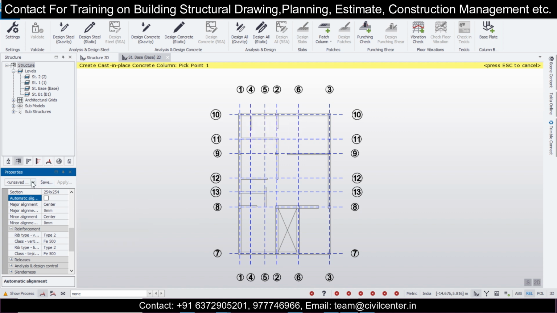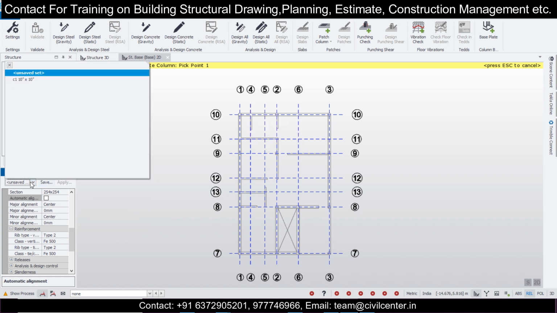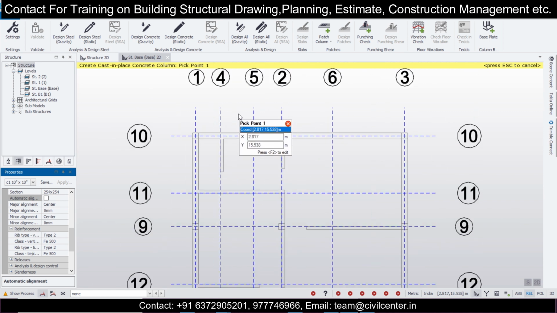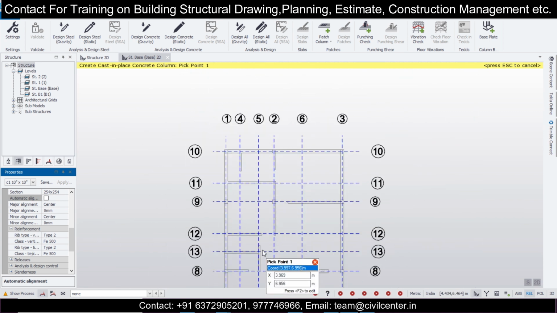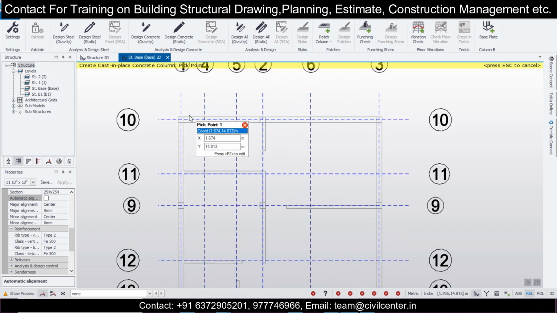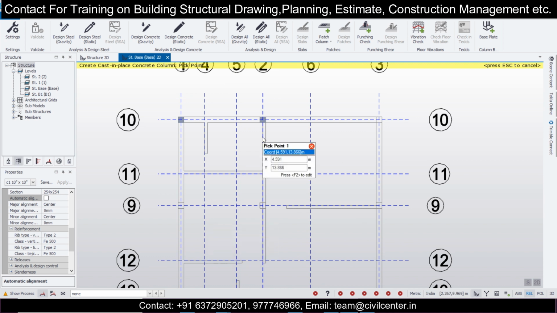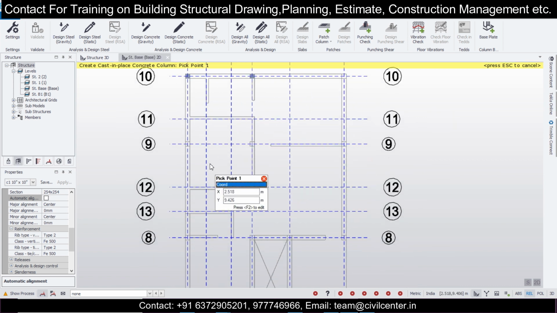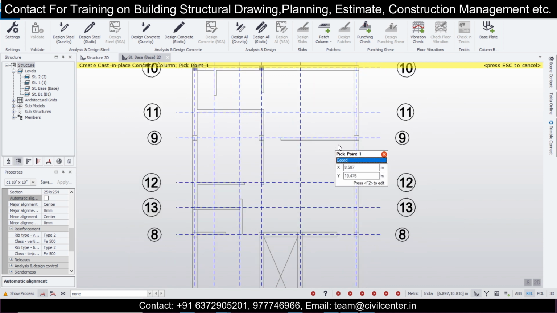So this is our column size. Now we'll take the column size which we have saved from here and we can use it. So first of all, we'll start with this size. If any column doesn't pass, suppose the middle ones will have a larger size, then we can increase the size here. So 1, 2, 3, and then we have these columns here. So this span is a little bit large, as you can see, in comparison to other spans. So we might consider increasing the size of this column.